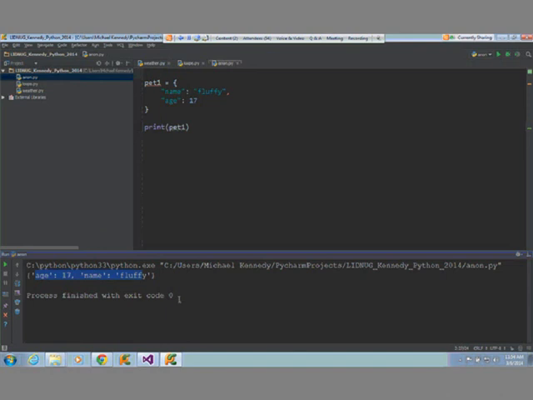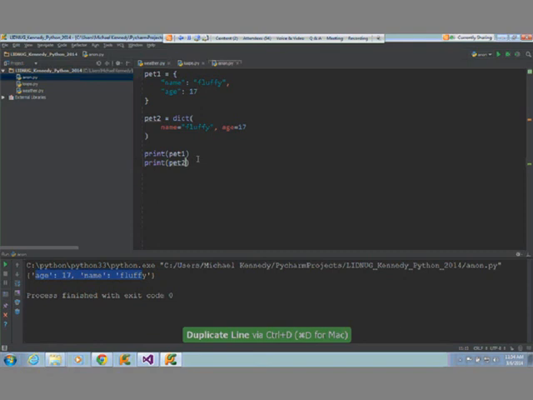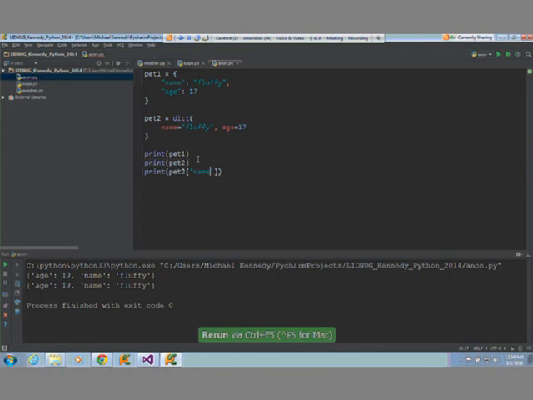There's a little cleaner, maybe more explicit way to do this. I could say pet2 equals dictionary, call the constructor, and I could say name equals Fluffy, age equals 17. And this set of keyword arguments is what it's called, will actually generate the dictionary just like it does above, right? This is the key, this is the value, and it creates it. So I could also say print pet2 and run that, and you see obviously they're identical. I could print out the pet2's name like this. It's kind of cool, it gives me intelligence there, yeah? So let's run that. There's Fluffy.